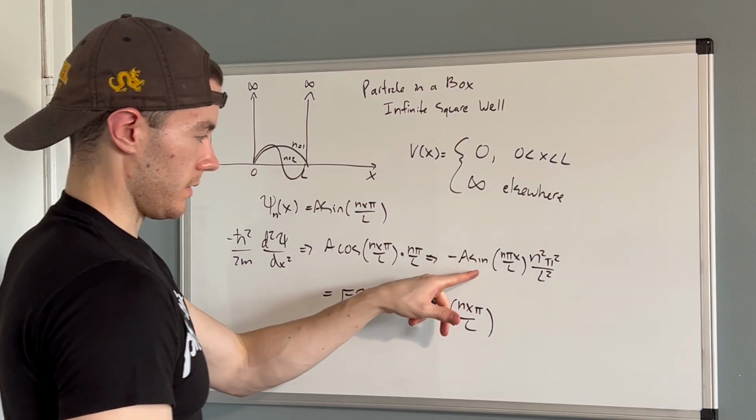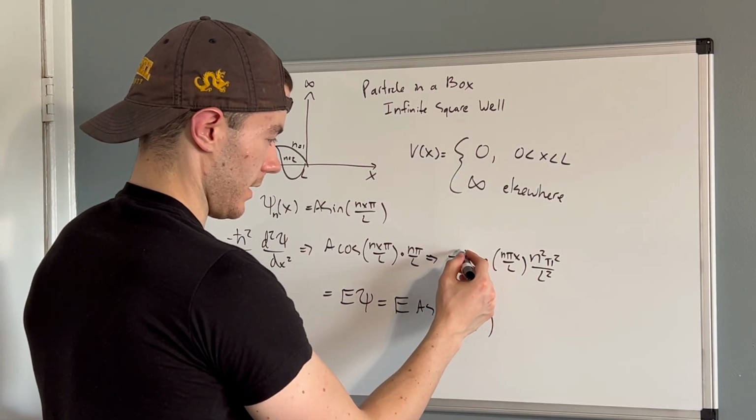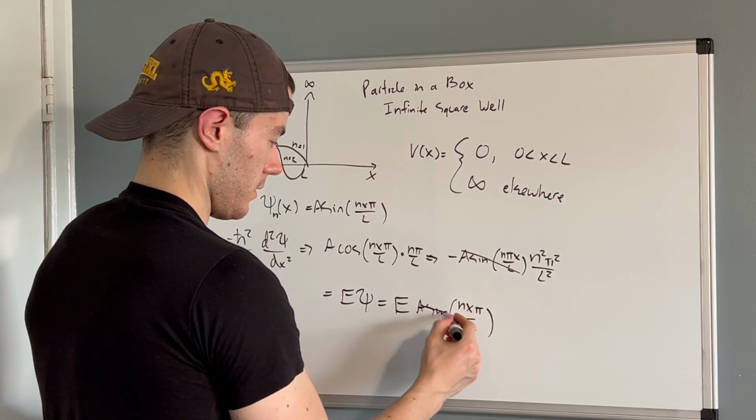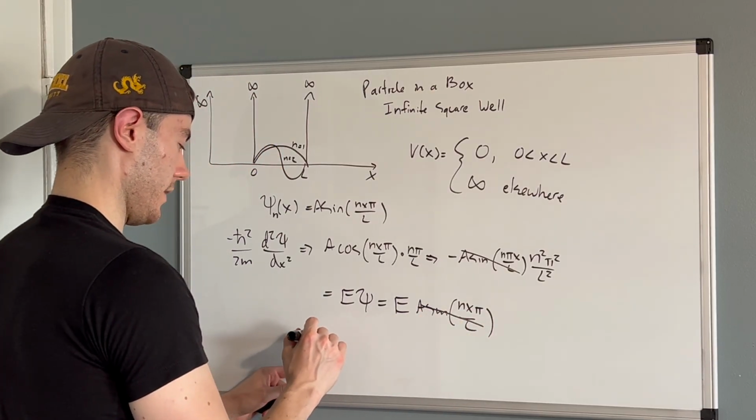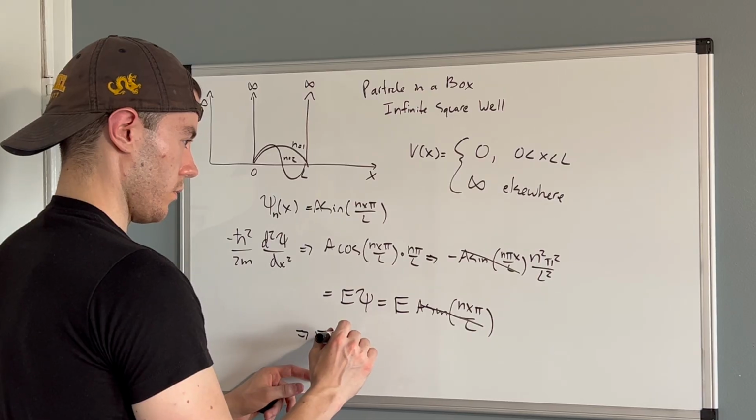The same on both sides is this A sine n pi x over L. So we're left with E is equal to,